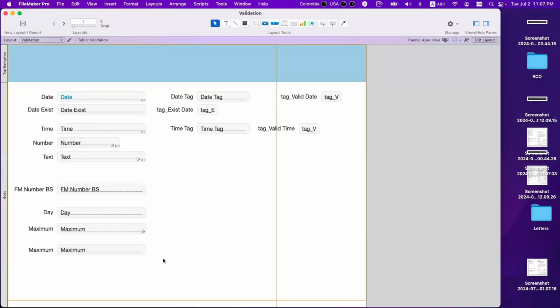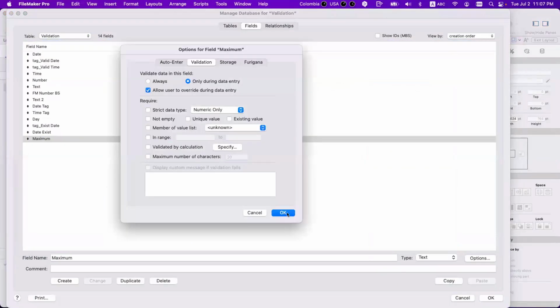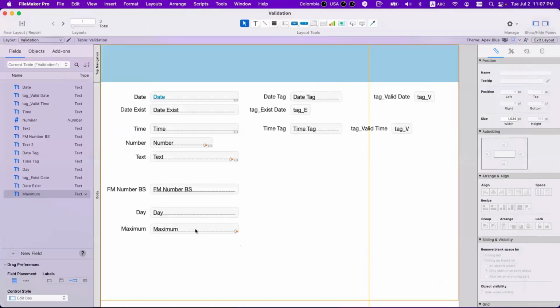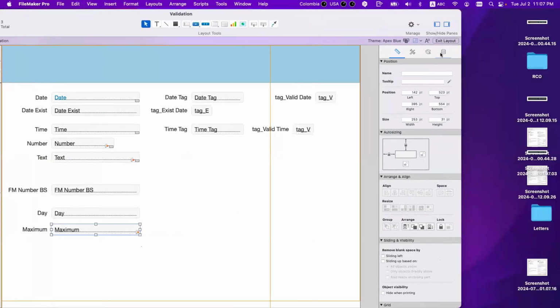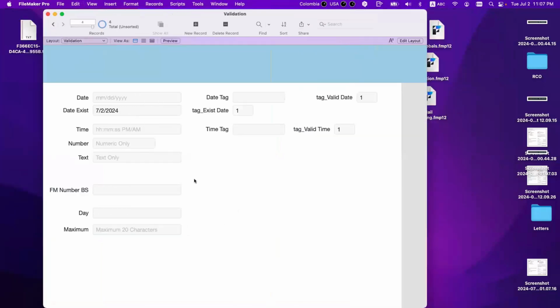Okay, so let's remove this. Let's disengage this. And let's do this: you put here maximum 20 characters. So here's what happened.